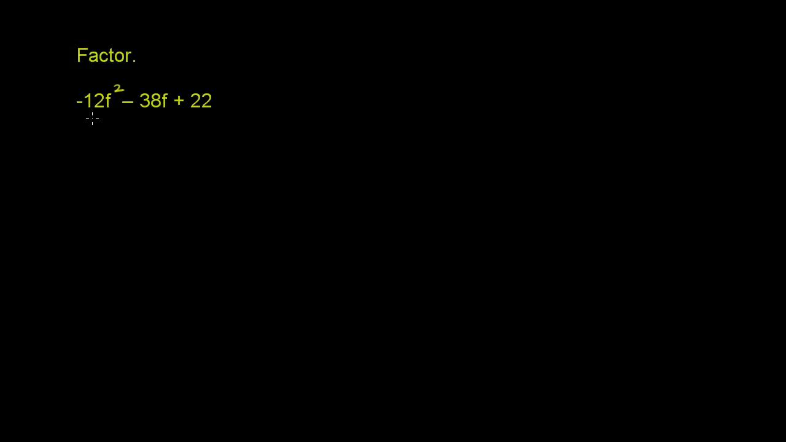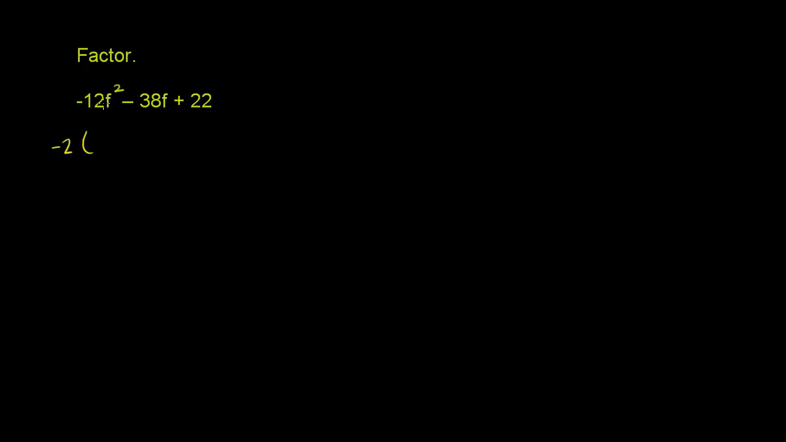We need to factor negative 12f squared minus 38f plus 22. A good place to start is to see if there is any common factor for all three of these terms. When you look at them, they're all even, and we don't like a negative number out here. So let's factor out a negative 2. So this expression right here is the same thing as negative 2